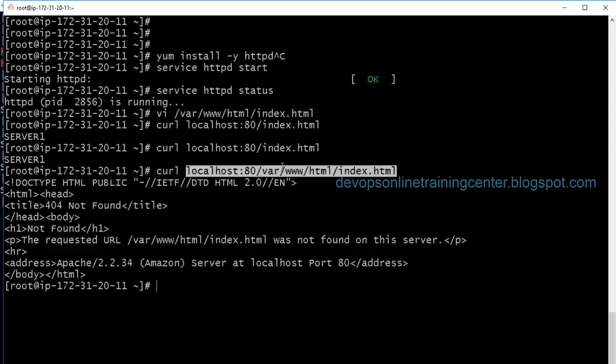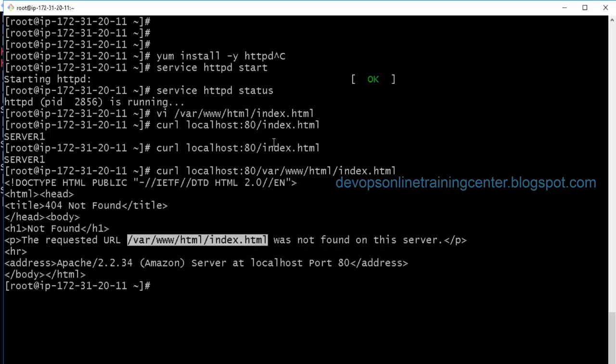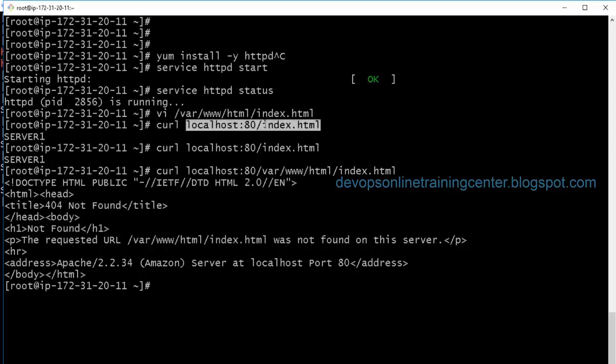Now in the first instance, we had given /var/www/html/index.html. This will fail because it says server location not found, this file is not found. So when we changed it to index.html, it worked. The instance has turned to in service because this curl has given a proper response, right?